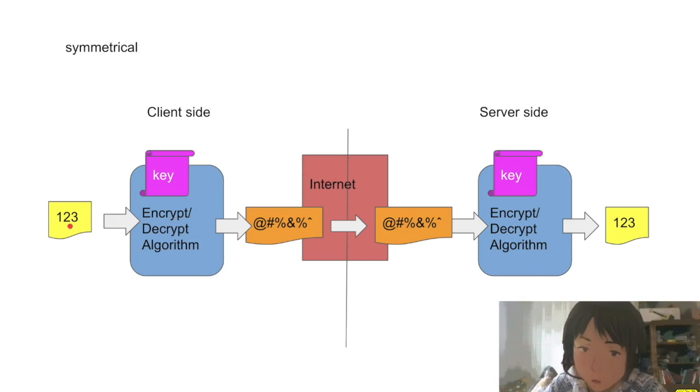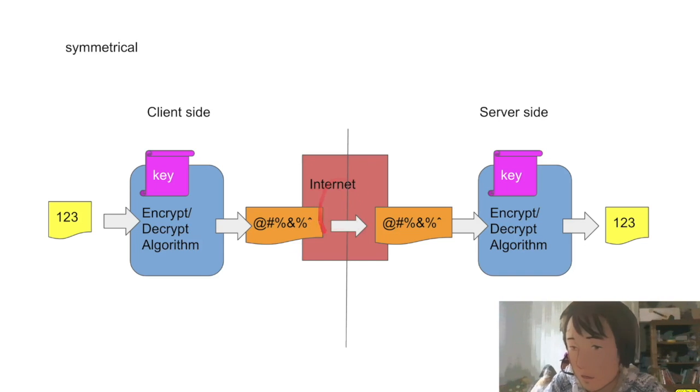So we have 1, 2, 3 to send from the client side, and that data will be encrypted by the key and the algorithm. The output from that looks like rubbish. You can't really read it. You don't really know what the actual data is. That's an important thing. And the data will be sent via the internet, which is sort of